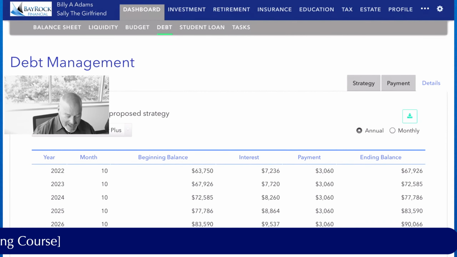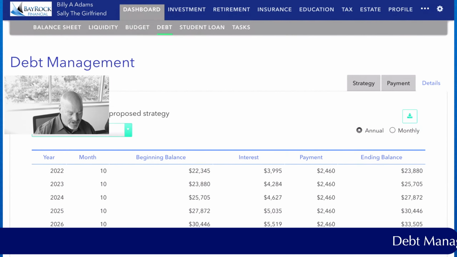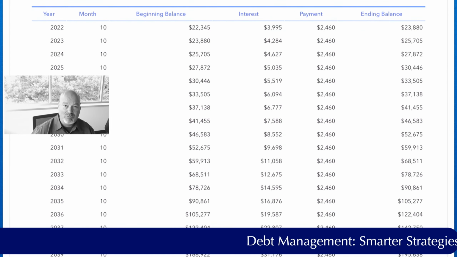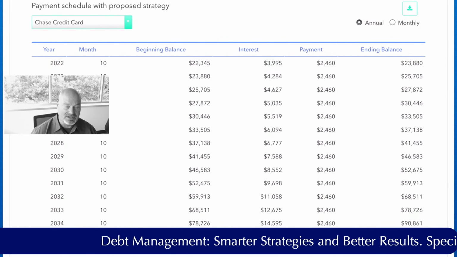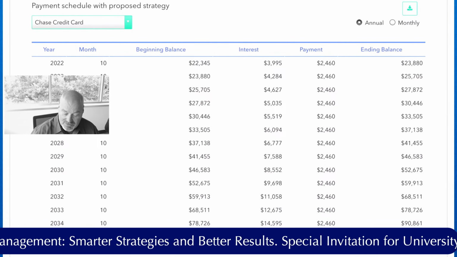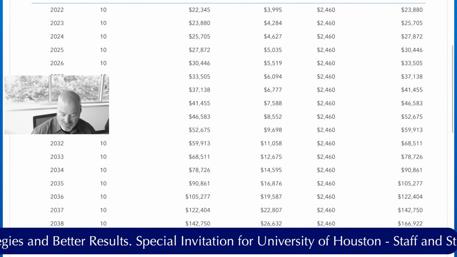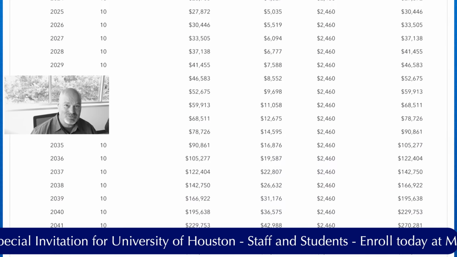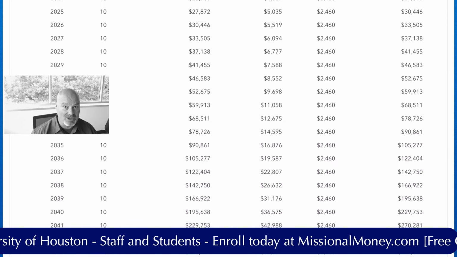So then if I go back to, instead of the toy, let's look at the credit card, and we see the same thing happening. A minimum payment that's very low, an interest payment that's actually more than the payment, so obviously the principal is not being reduced, and the ending balance just continues to go up and up. So this obviously is a pretty whacked out scenario, and it's really used to illustrate for students who are just learning how credit works.